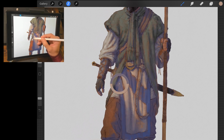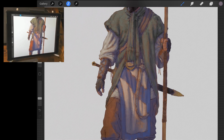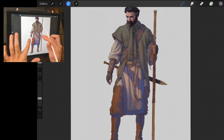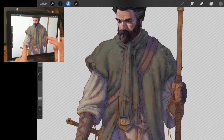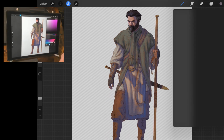Just wanted to lighten up that blue. And we'll see, I'll probably get into cooling the lights off a little bit as I go, because I don't want them to be so orange, but I think it's a good idea to get all the base colors in and then see how it feels. Like, I like getting some of that purple shadow showing through. I definitely dig that. But let's